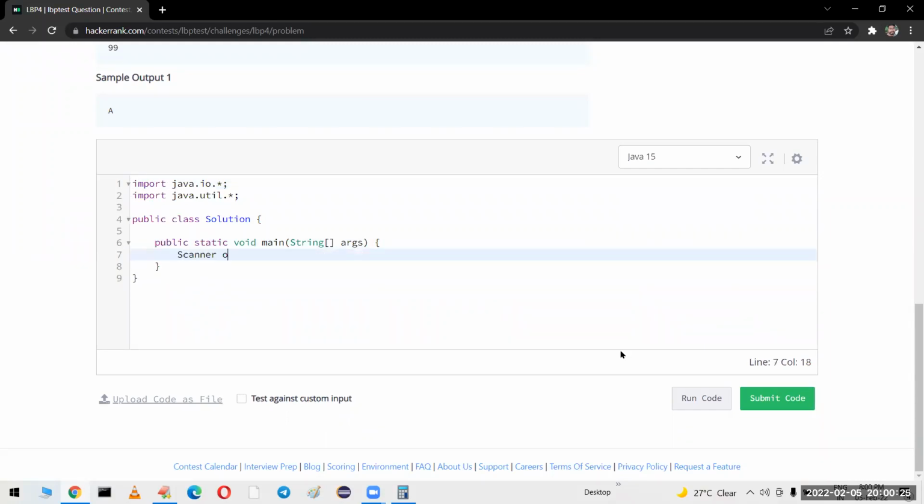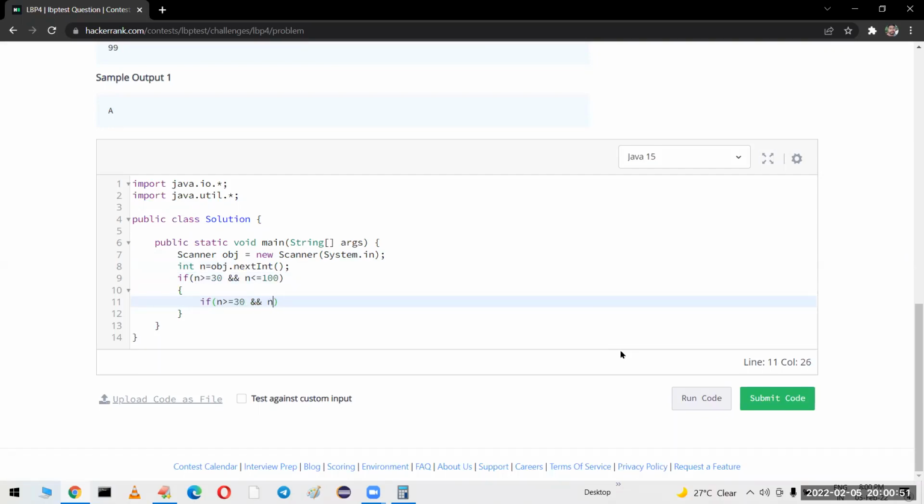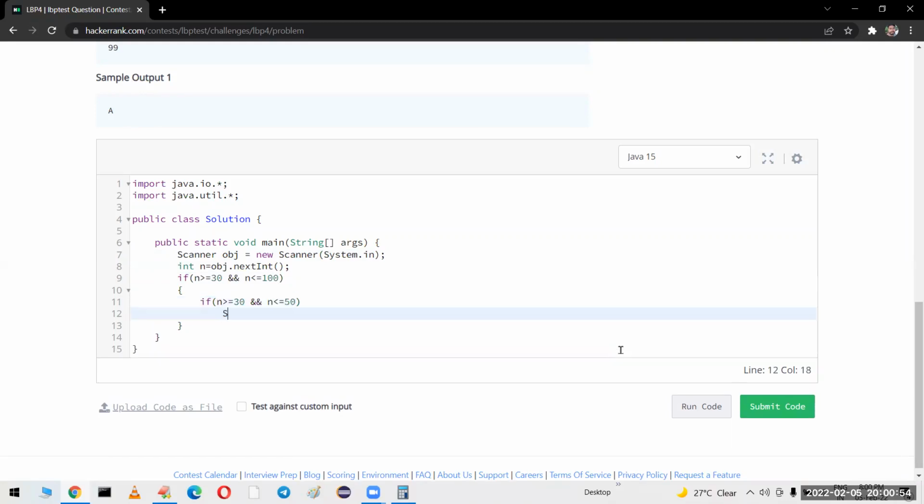Scanner obj is equal to new Scanner, where System.in I am taking. Then integer n is equal to obj.nextInt. So if n value is greater than or equal to 30 and n value is less than or equal to 100, then you have to do some activity. In that, if n is greater than or equal to 30 and less than or equal to 50, you have to print the message System.out.println of